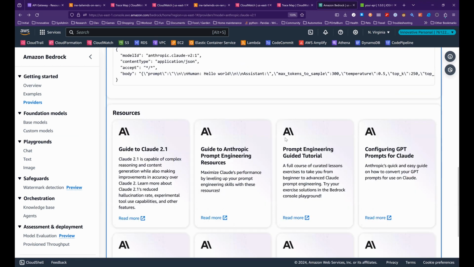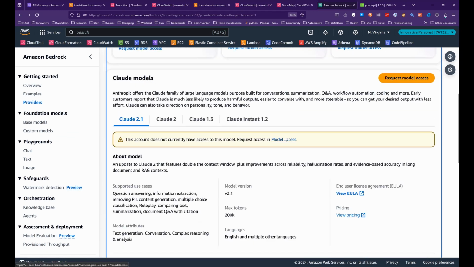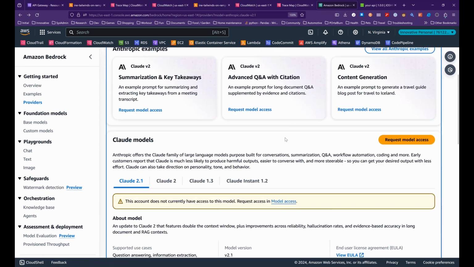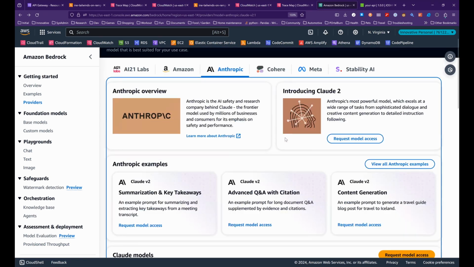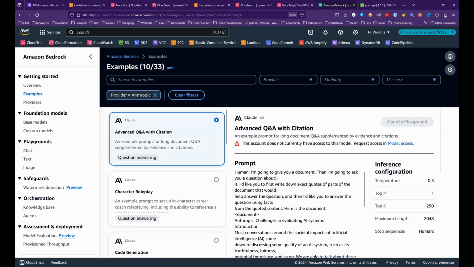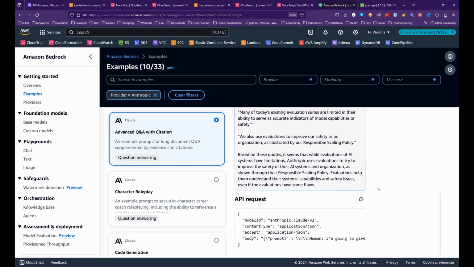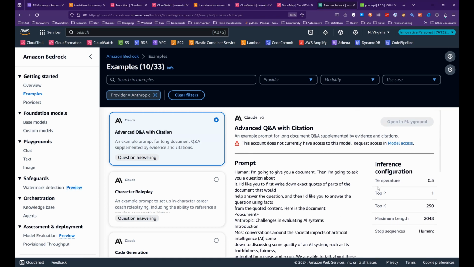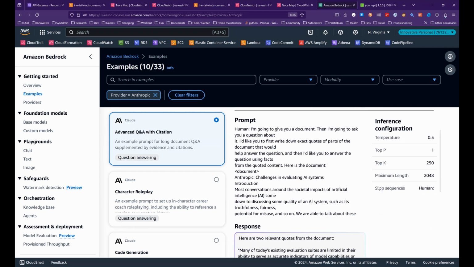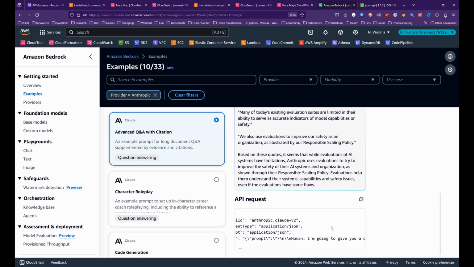I thought there was better documentation of the models. Here we go. I think this is what I was looking for. Yeah, I guess this is the thing. So yeah, you can see here